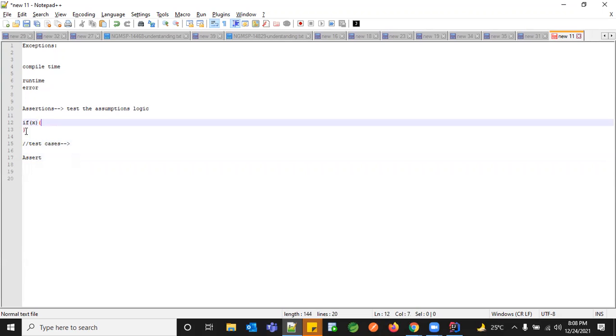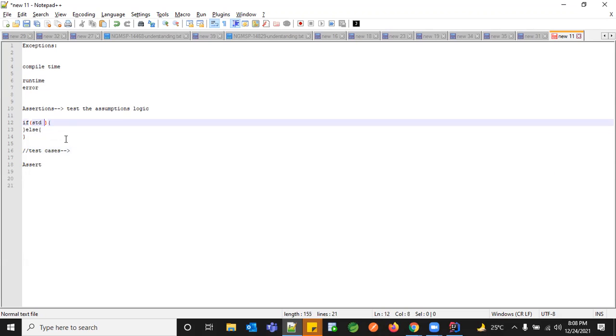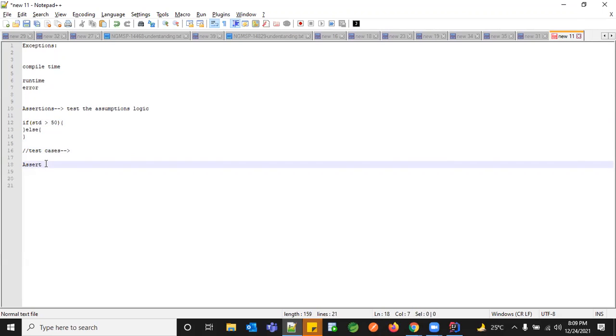Here I'm just giving an if and else block. Let's say student score greater than 50, else I'm giving another block. So every time I'll do assert equals on the student std, 50.